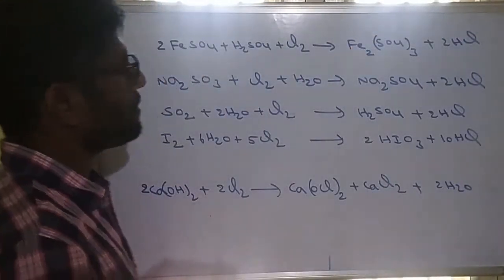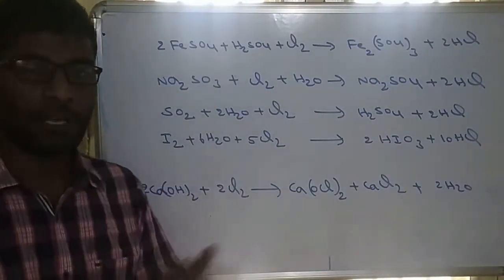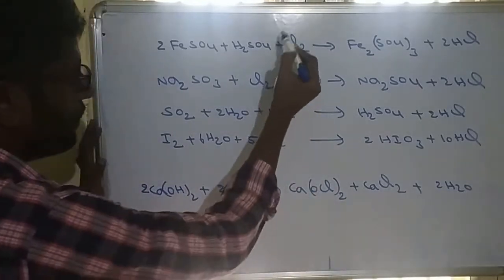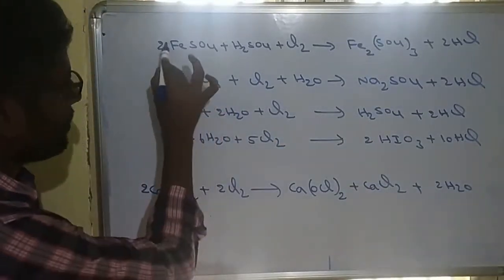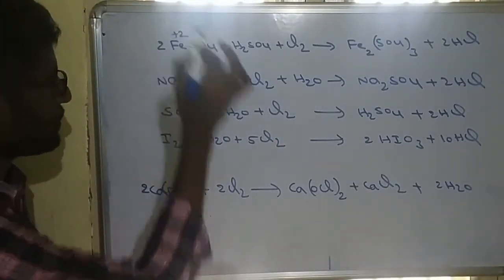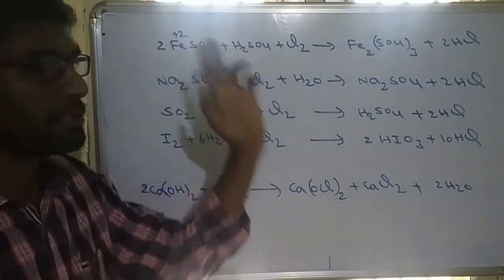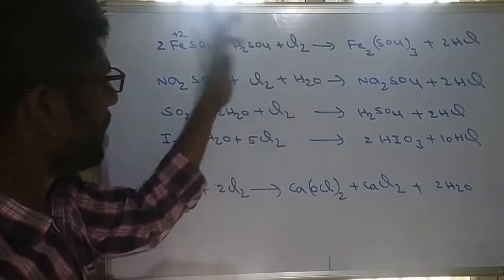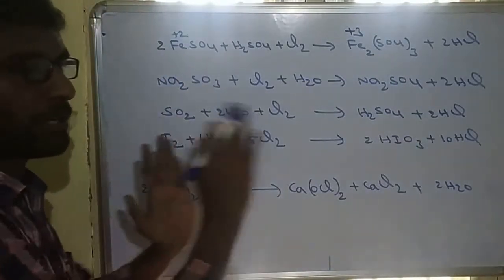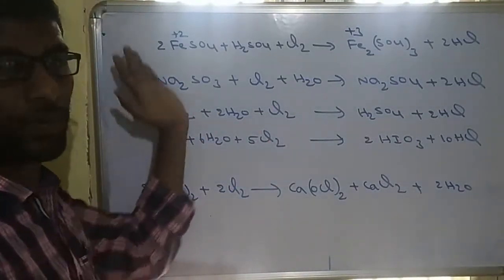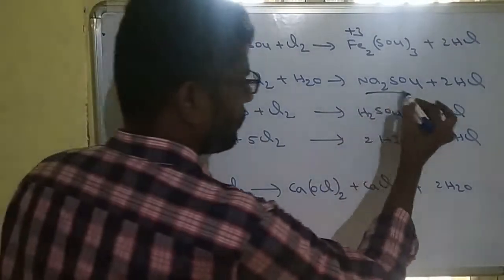These are the other reactions of chlorine. As I said, chlorine is an oxidizing agent, due to the release of oxygen from water. Chlorine in solution will oxidize ferrous to ferric. This is ferrous sulfate, where the charge of Fe is +2. Ferrous sulfate can be converted to ferric sulfate in presence of chlorine, where the charge of iron is +3. That is the oxidizing character of chlorine. Similarly, this is sodium sulfite and this is sodium sulfate.